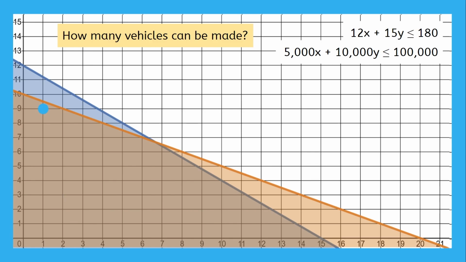Well, they might choose to use most of their employees for assembling trucks, so maybe they'll make only 1 car and 9 trucks. Or maybe they'll put most of their workforce on car duty and make 13 cars and 1 truck. Or maybe they want to make about the same amount of each, so they go with 6 cars and 7 trucks. Since that point is on the solid line being overlapped, it is as valid an answer as the other ones. Especially with real-world scenarios, more information is better. If we had an inequality for how much profit we wanted to make, we could restrict the solution area even more and find even better answers.